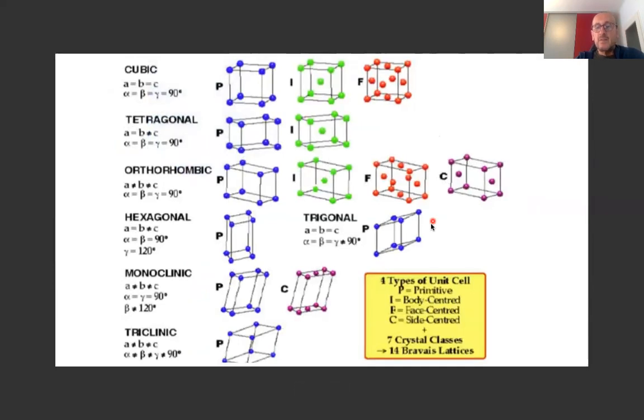There are 14 structures that can actually fill the space, that are called Bravais lattices. Bravais lattices because Mr. Bravais was the first guy to actually propose them. These are the cubic ones that are on top here, the simple cubic, the body-centered cubic, the face-centered cubic. But then there are variations of that: the tetragonal one, the orthorhombic one, the hexagonal, the monoclinic, triclinic, and whatnot. Okay,